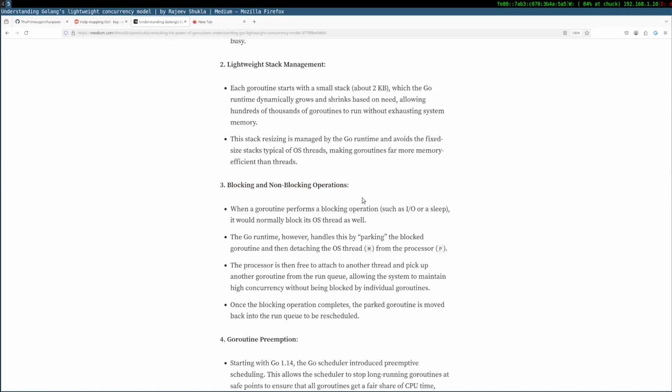Blocking and non-blocking. When a goroutine performs a blocking operation such as input, output, or a sleep, it would normally block its OS thread as well. Okay, input output operation or sleep, the thread is blocked. The Go runtime, however, handles this by parking the blocked goroutine and then detaching the OS thread M from the processor P. Okay,